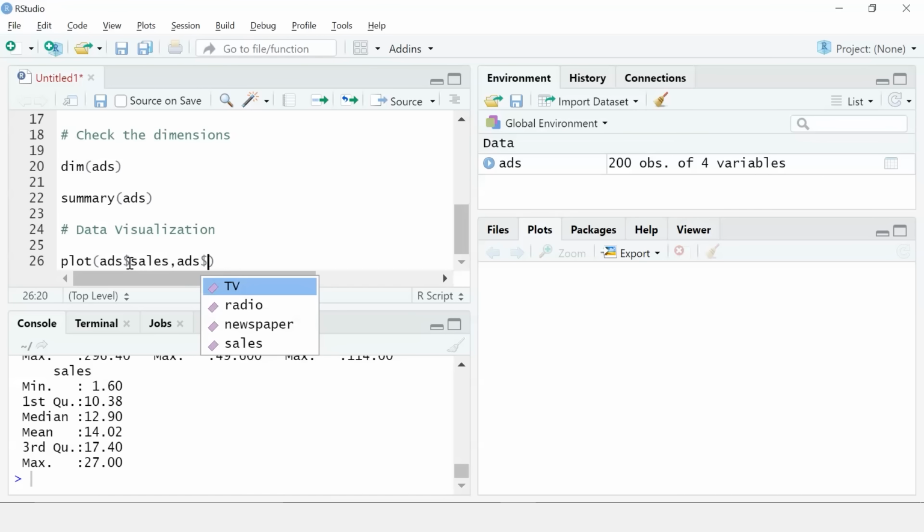You can see R is automatically giving you the suggestions. I'll select TV. Then I'll take type is equal to, under quotes, I'll give P, which stands for points, and I'll take the color as red.